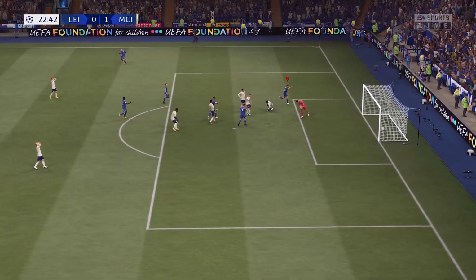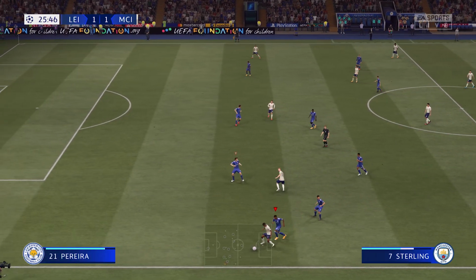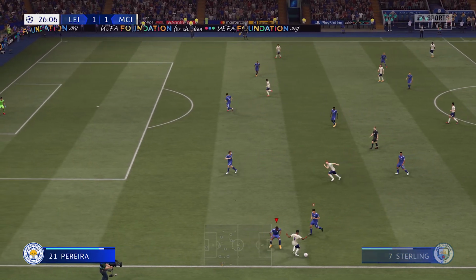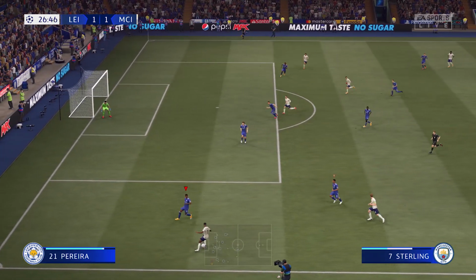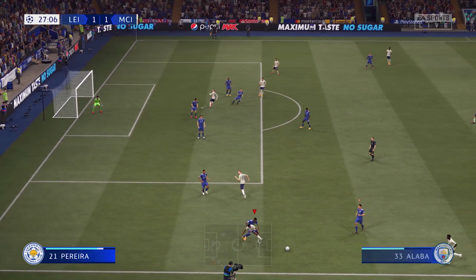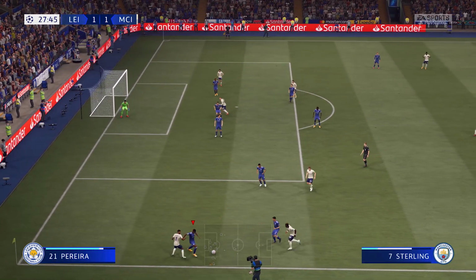Slides that one home. We're back in this one. In come Grandma's tablecloth again, though. It's Raheem Sterling getting past Ricardo Pereira, but then he gets right back to him, passing it to De Bruyne. De Bruyne then lobs it right up to Raheem Sterling again, and Sterling, trying to find someone in the middle, can't do so, so he brings it to Alaba, and now Alaba back to Sterling, but he's dispossessed by Ricardo